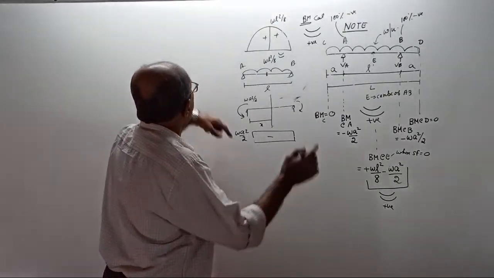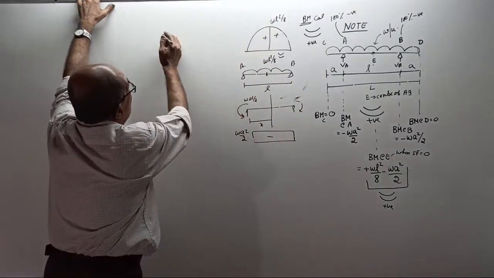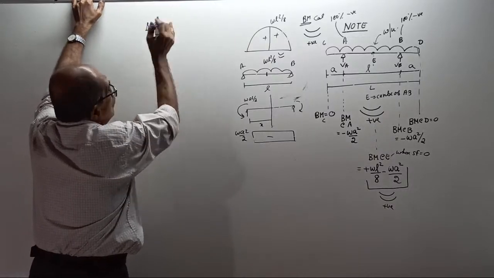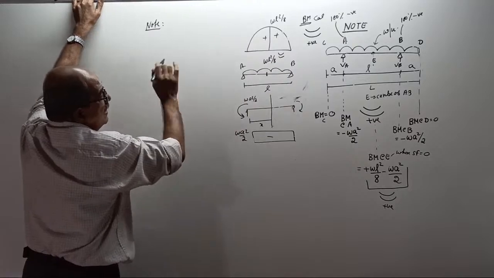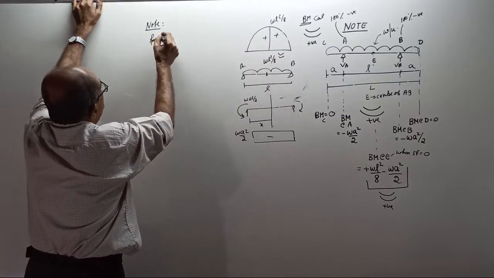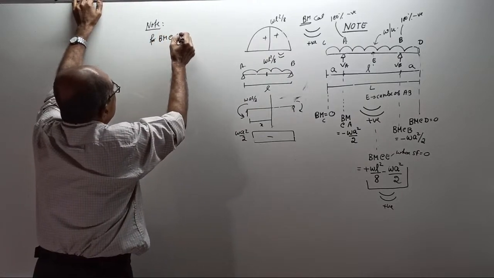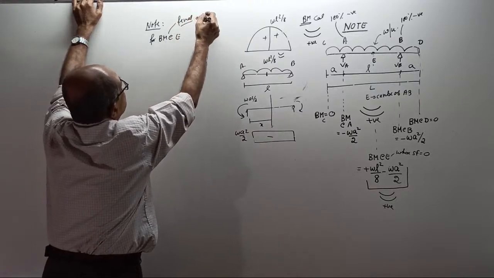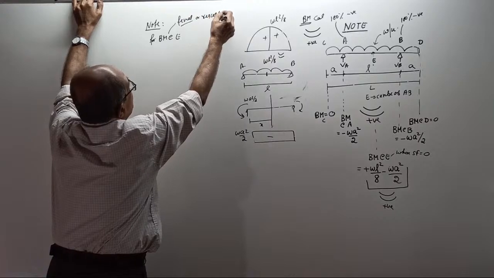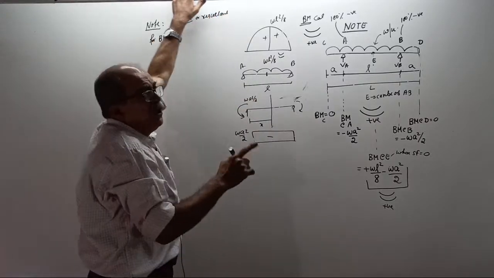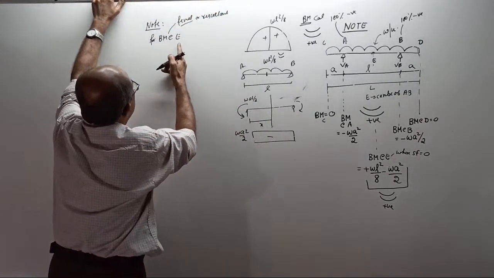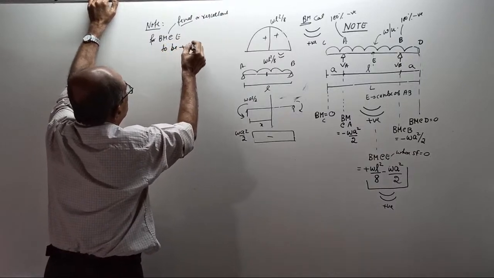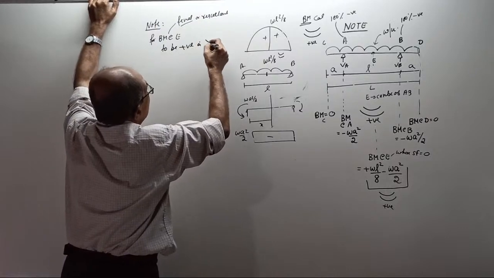Okay, start. Now make a note here. Note, then I will draw the diagram. For BM at E, the BM is the final or resultant BM. Why resultant? Sagging and hogging both are there. For BM at E to be positive, that is sagging,